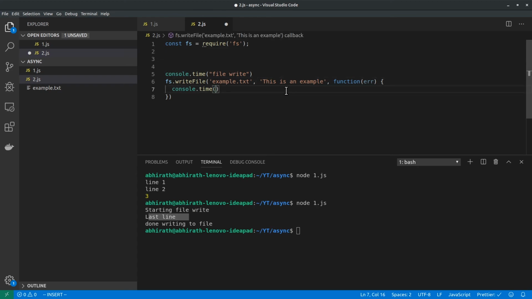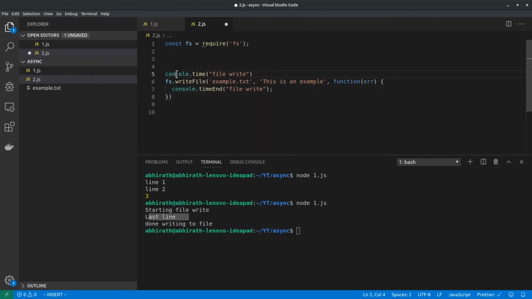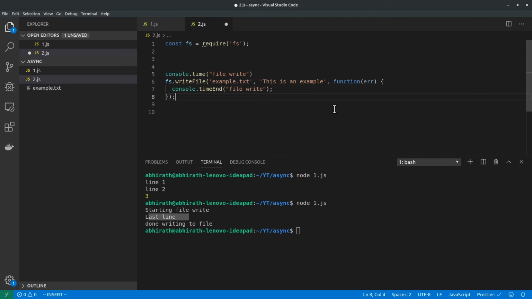So let me end it over here. console.timeEnd "file write". So basically this says please start the timer, and this says end the timer. Okay, so we have a file write operation using the file system module or package.